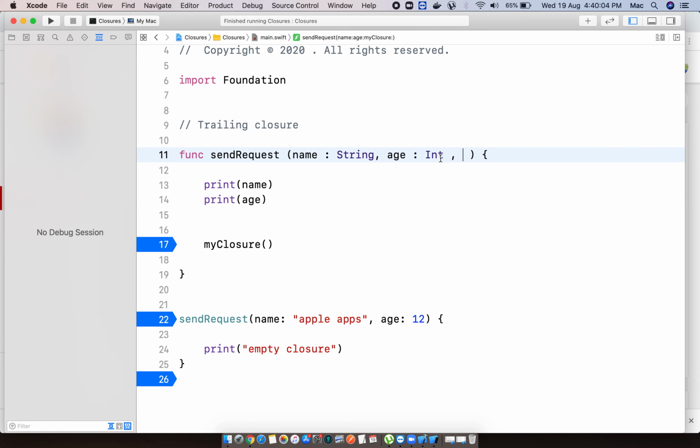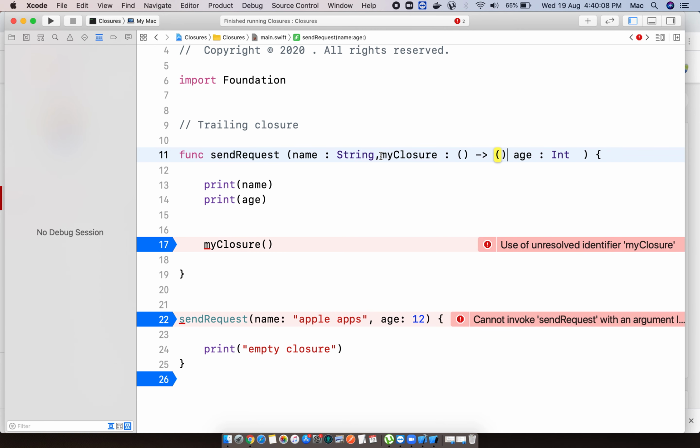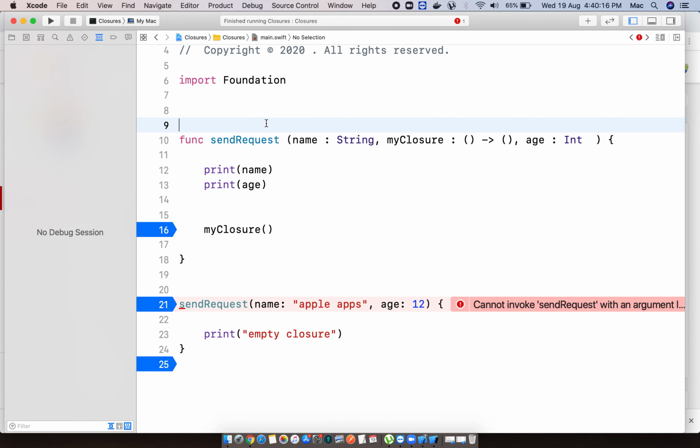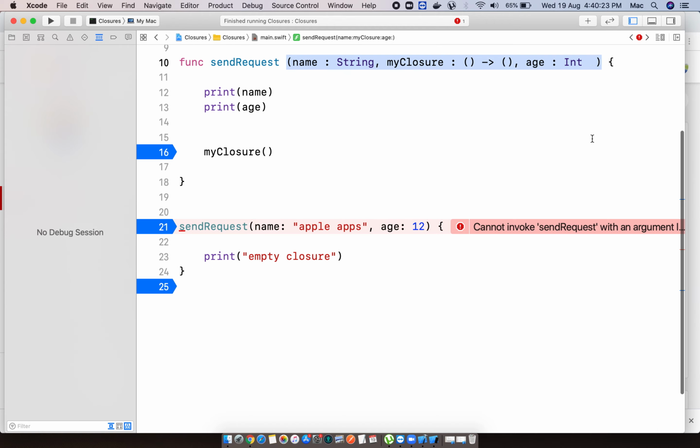If you want, you can pass the closure as the first or second argument also, but then you can't call it a trailing closure. Now this is not a trailing closure. You can call it a trailing closure only when it is the final or last argument.